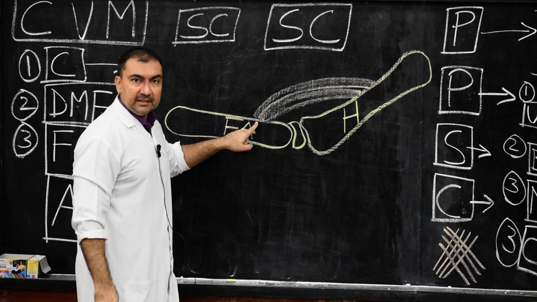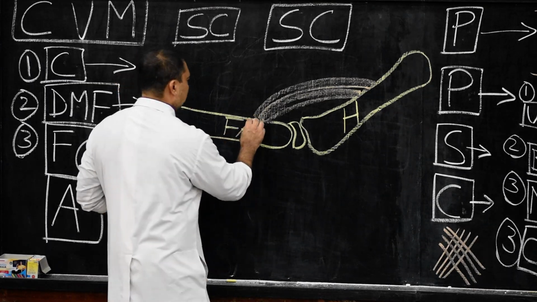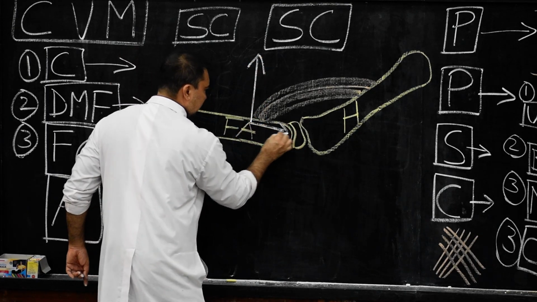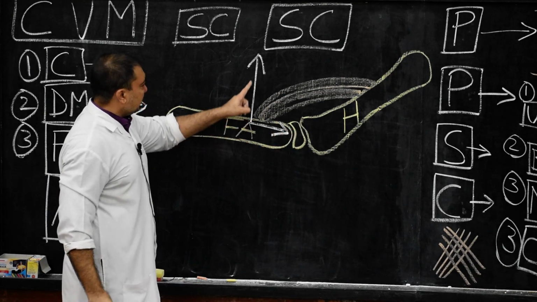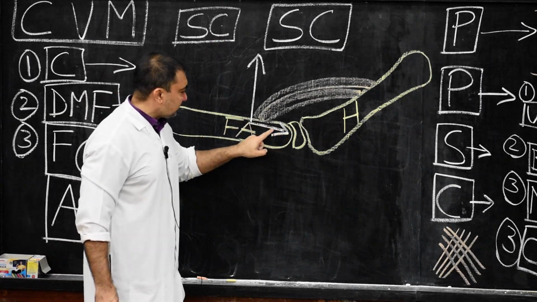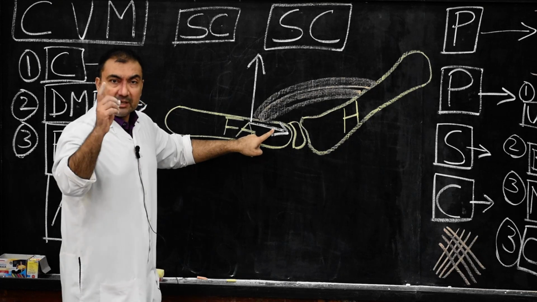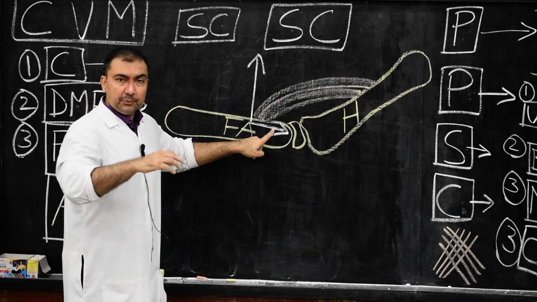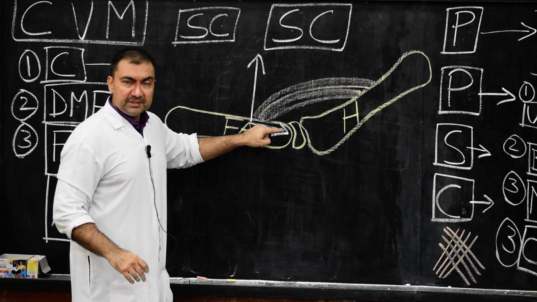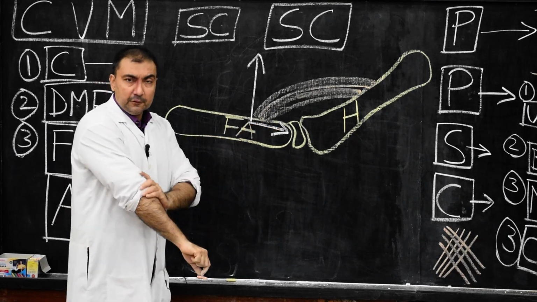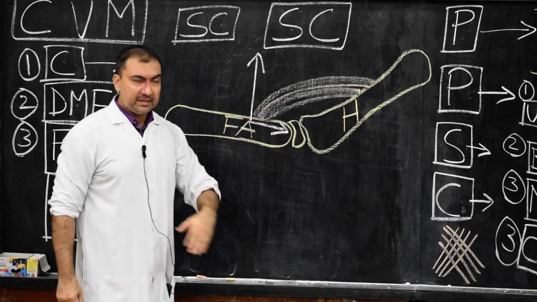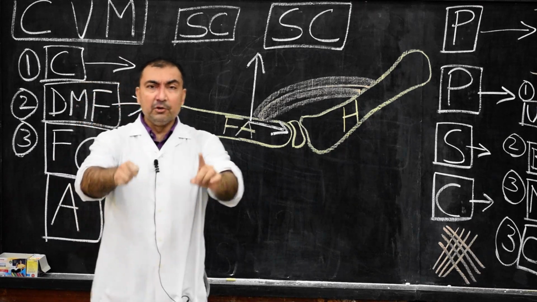The force acting here at the point of insertion will be acting in this direction, and another force will be acting in this direction. The force acting in this direction is known as the swing component, and the force acting through the shaft towards the joint is known as the shunt component. Based upon this line diagram, it is very simple to understand. Shunt component is always transmitted towards the joint, and swing component means it will produce angular movement.